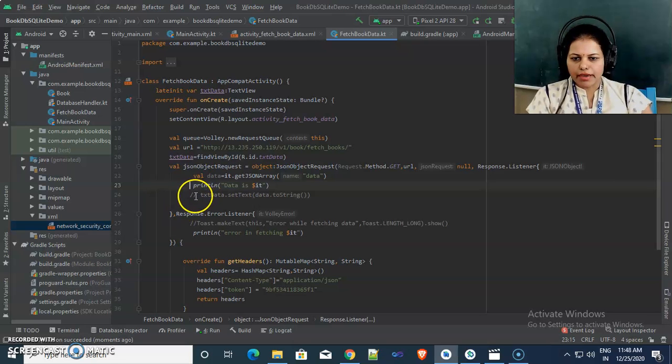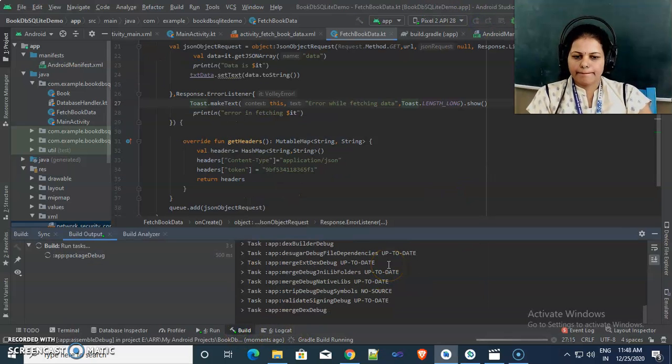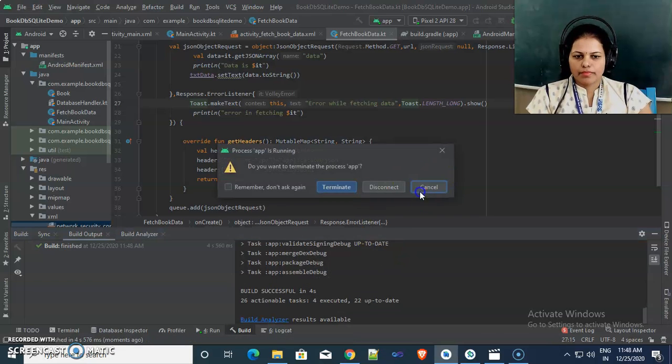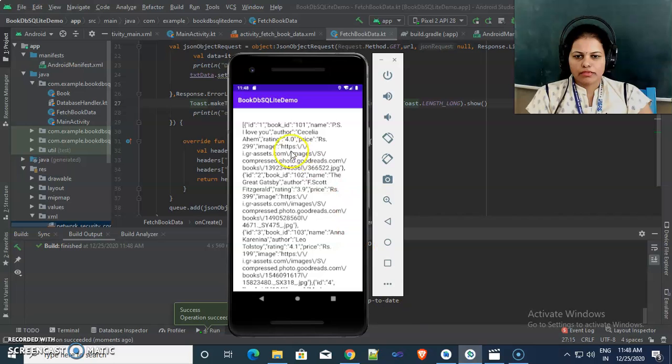Now we need to show this data inside the text view. So how we can do this? And here we are making the post. So this is your data inside text view. So in the next video we are